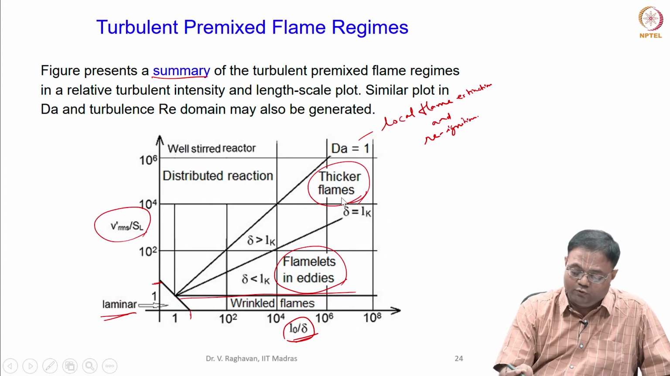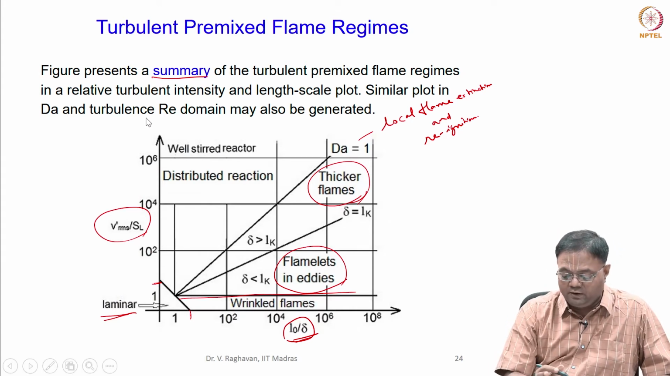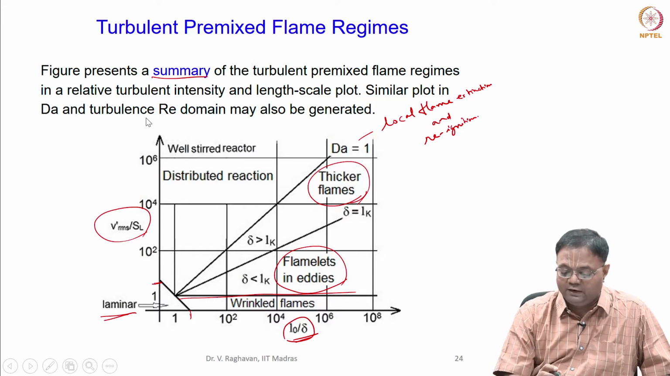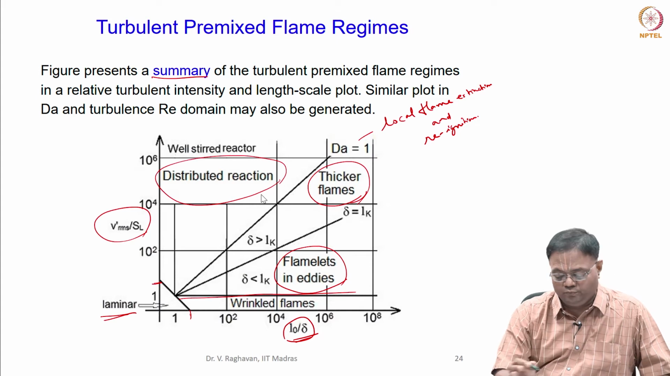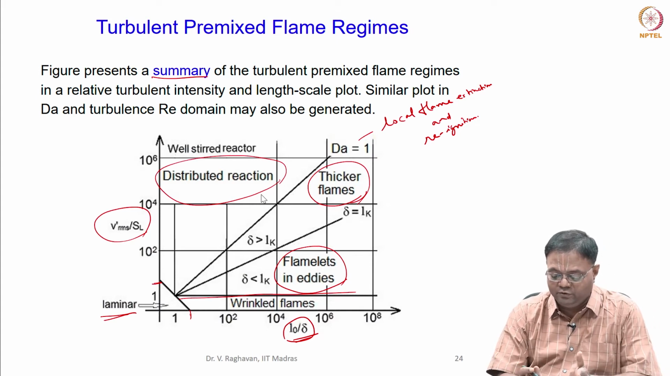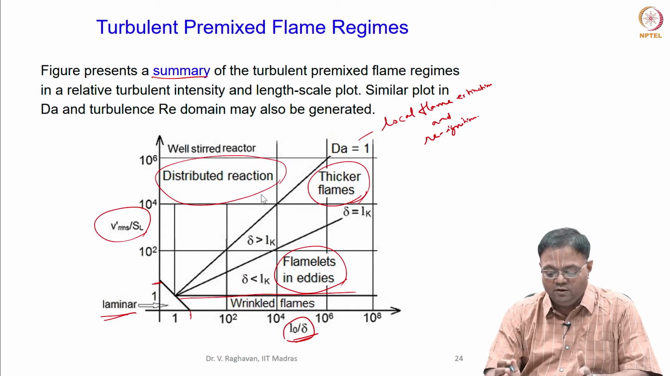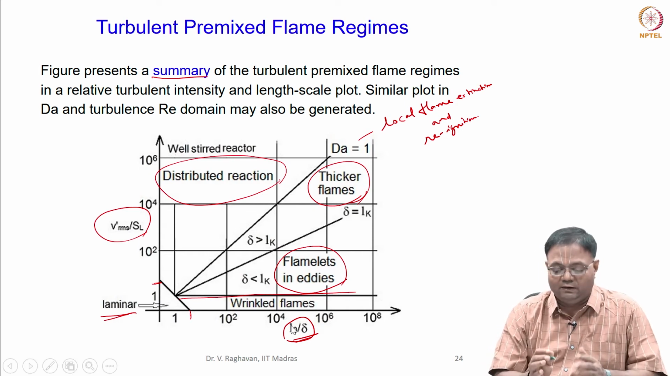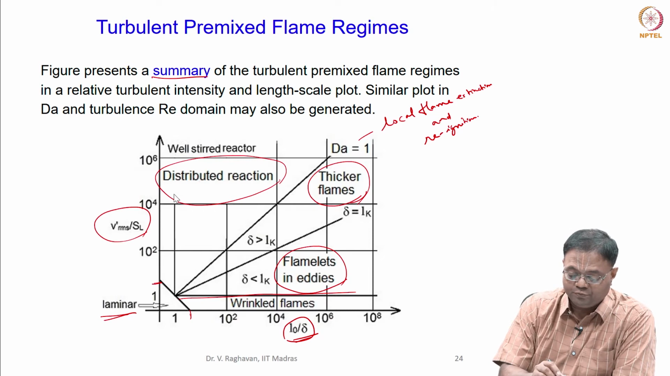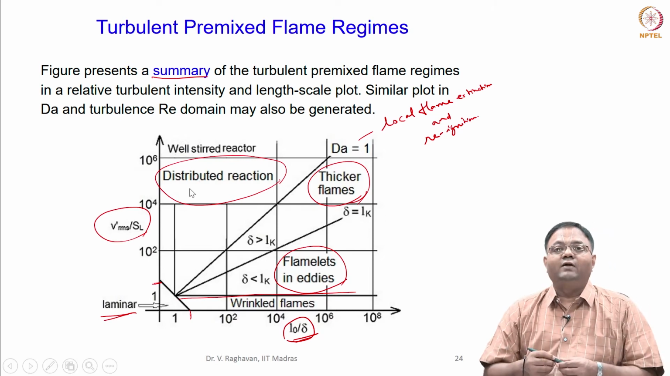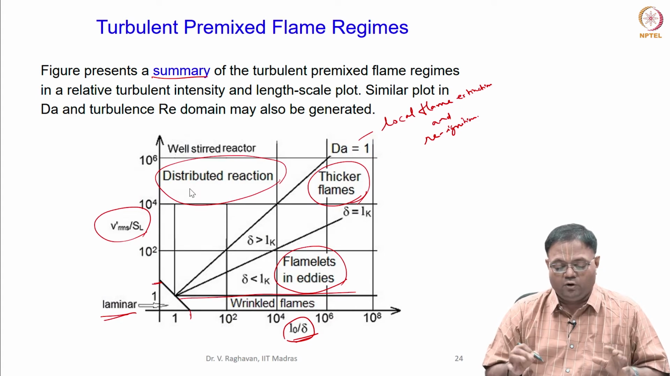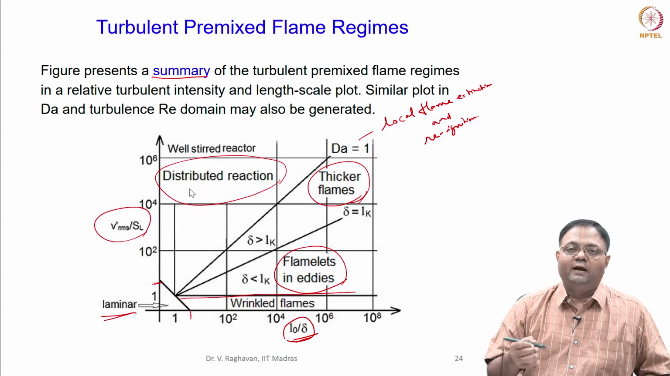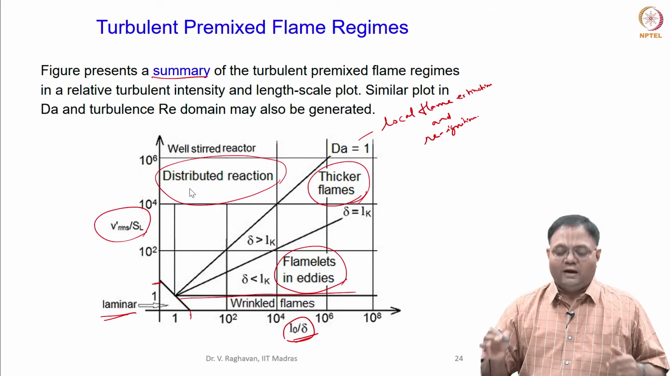Okay. Now, if you increase the turbulent intensity and the scale ratio is decreased, you get the distributed reaction zone. Here you can have a somewhat wider zone, but when compared to the wrinkle flame or the flamelets in eddies, this ratio is slightly lesser, and we have a distributed reaction zone, where the eddies are going to be inside the zone, and the eddy mixing rate will control the overall reaction